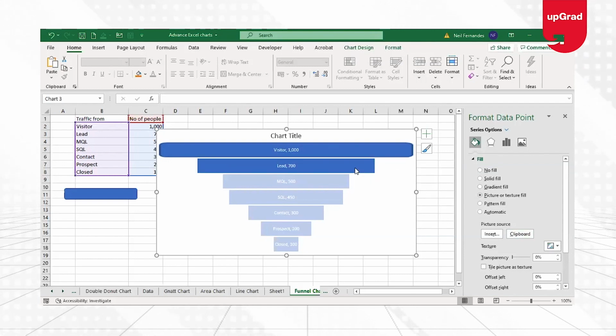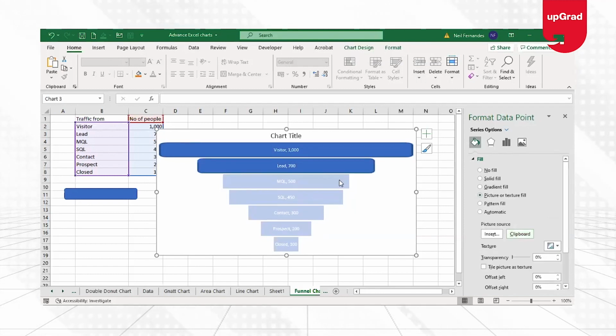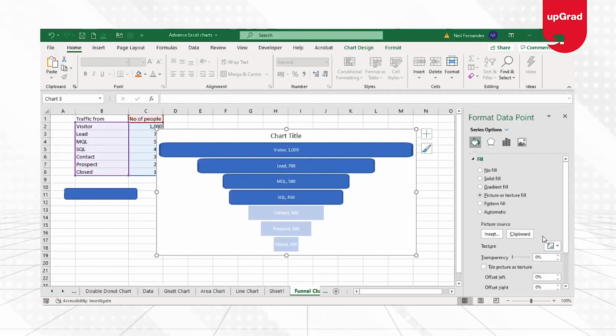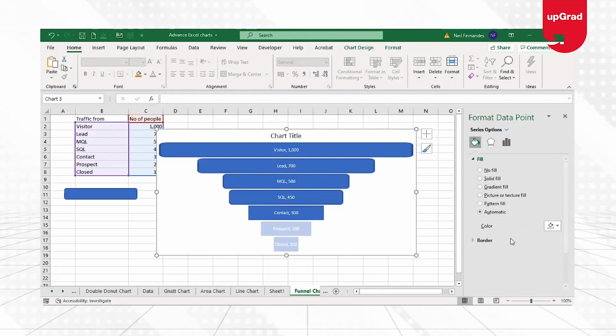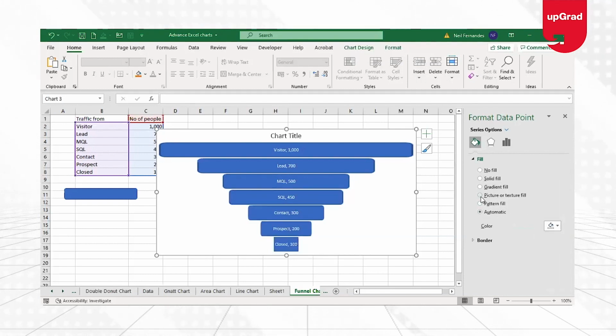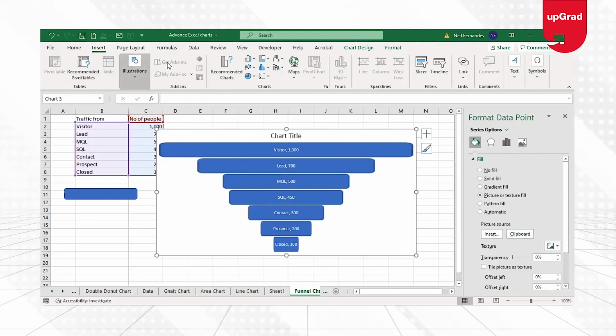I can do that for each of the shape here. Select the second one, go on to this picture and texture fill, and select clipboard. I'll have to go to the third one, do the same thing for each one of them. I can do that. And you will see that your shape has completely changed, and it looks a little different from what you could see earlier. You can also add an oval shape or circle as well if you want to. That can also be done with your data. So you can do anything, any shape that you want to add from this list. You can add it by using the shapes